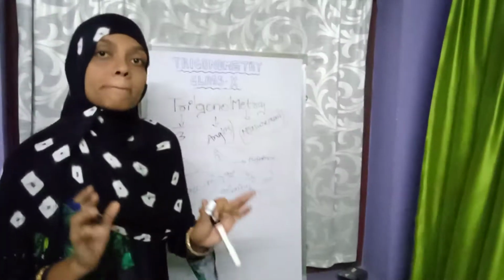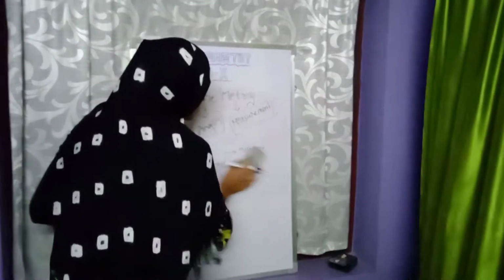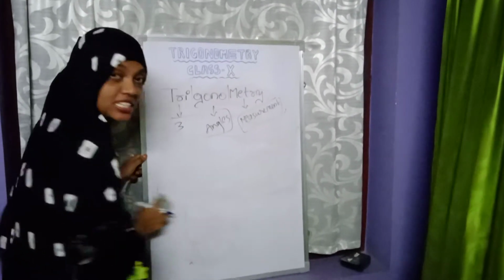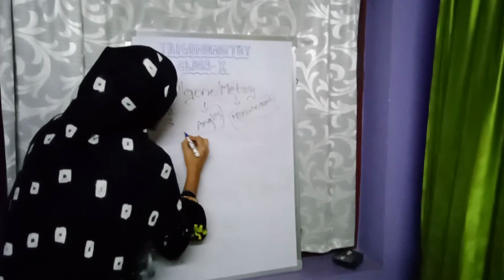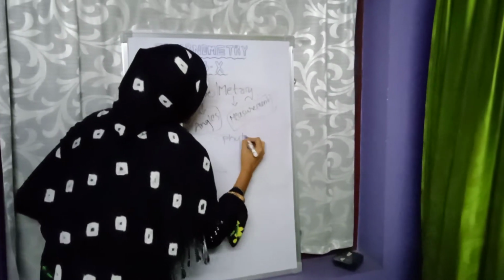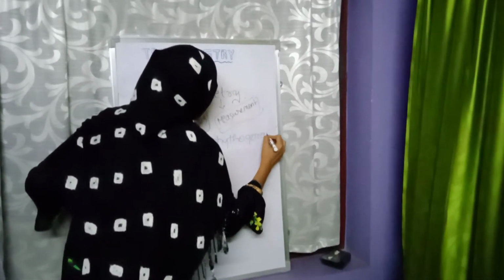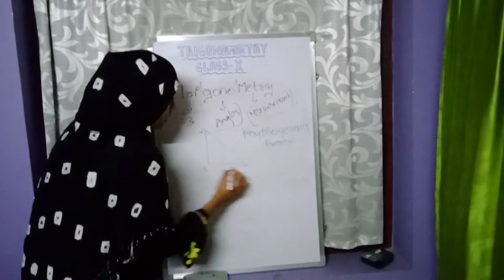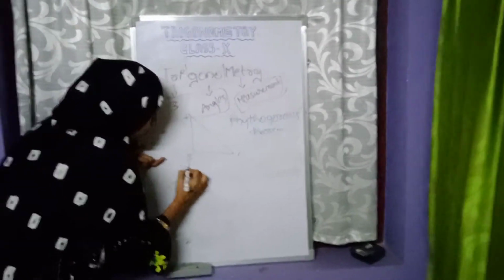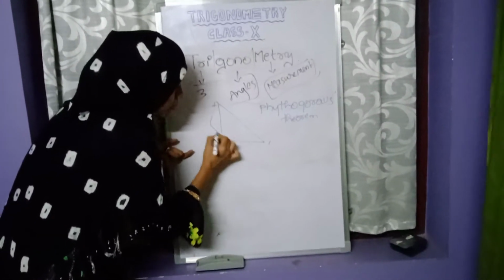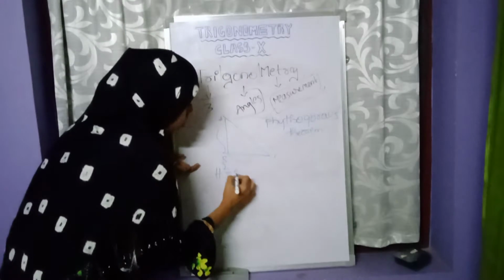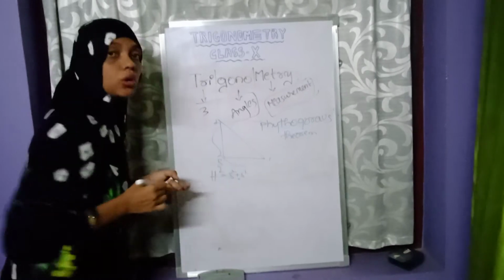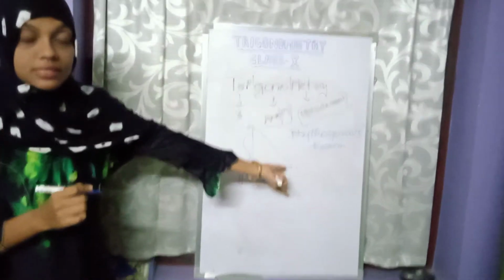Now let's come to our point. Now we are going to discuss the Pythagoras theorem. I think you people know about the Pythagoras theorem. Yes, it's a very easy theorem. So what is the Pythagoras theorem? It means the hypotenuse square is equal to the sum of the squares of the remaining two sides. That is known as the Pythagoras theorem.